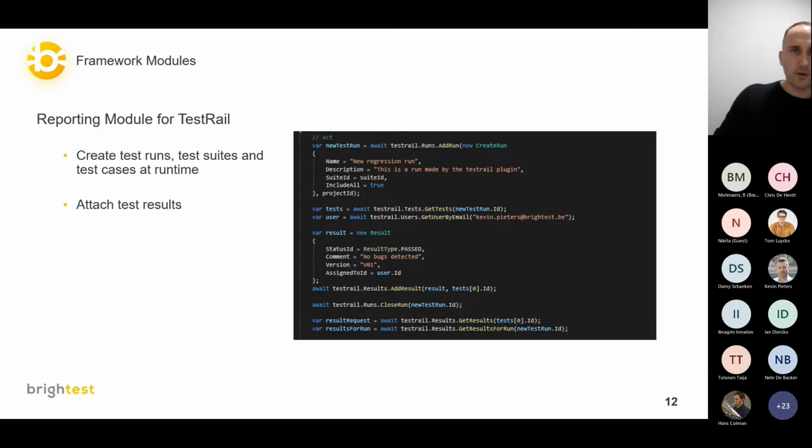We also have a reporting module for TestRail. We from Brče like to work with TestRail. We have also used TestRail with a lot of other vendors. So we have this whole API built to work with TestRail's REST API. That's easy for the customer or one of you who will work with this to just report to TestRail